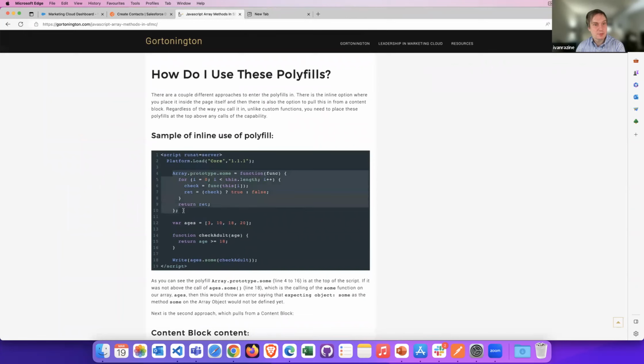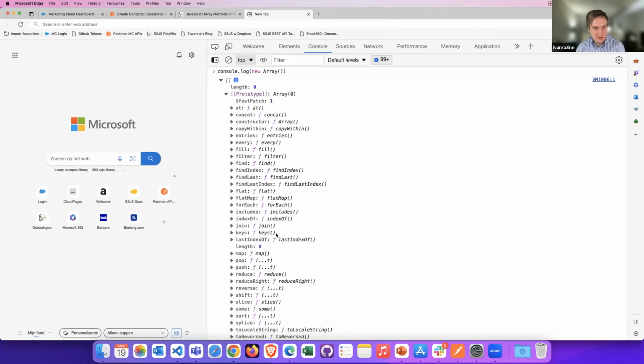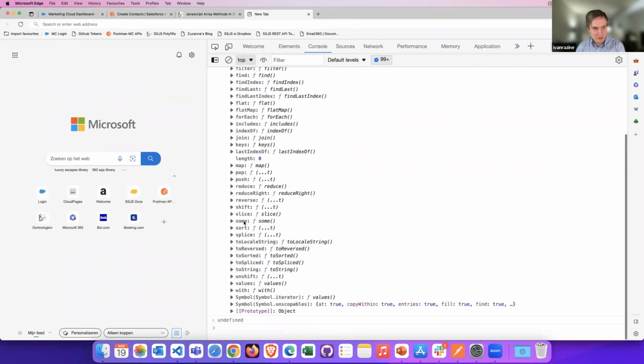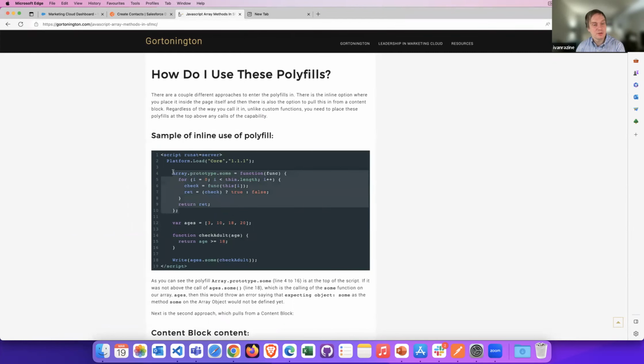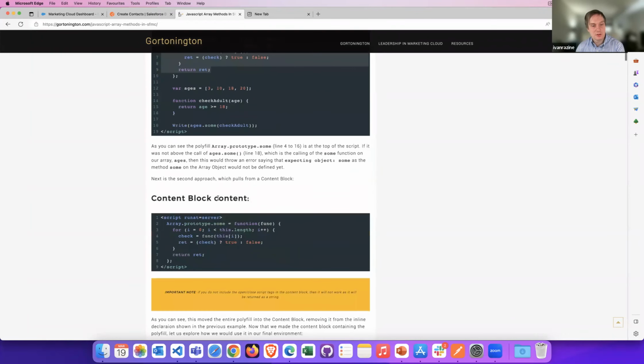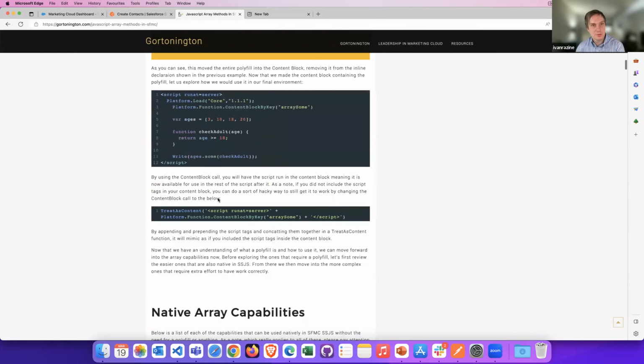For example, this bit of code defines the prototype for the content of type array, right? It's a prototype of some. So this is what he does. Basically, once this part of code is written at the beginning of your server-side JavaScript, you will be able to use .sum to actually perform some action, whatever that thing does with your array. And there's a lot of them. So you can really explore how this would work